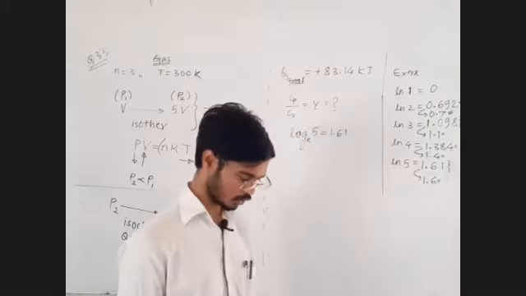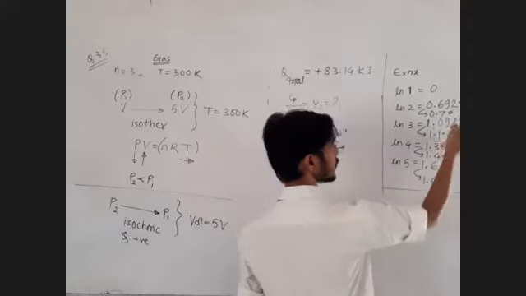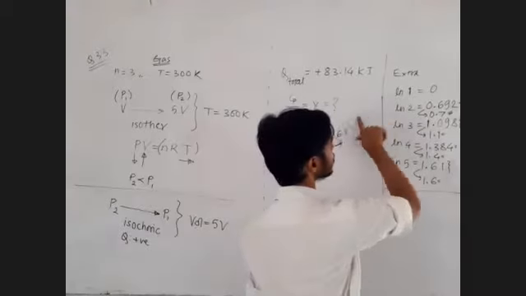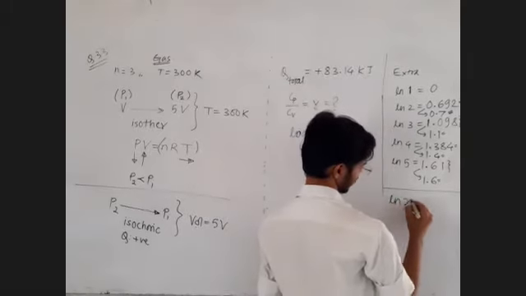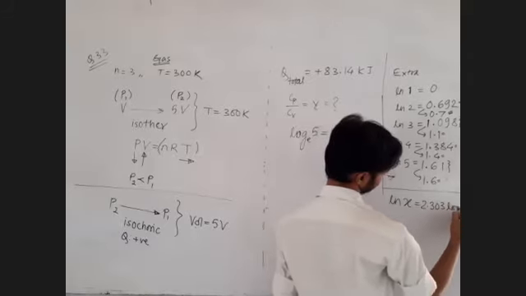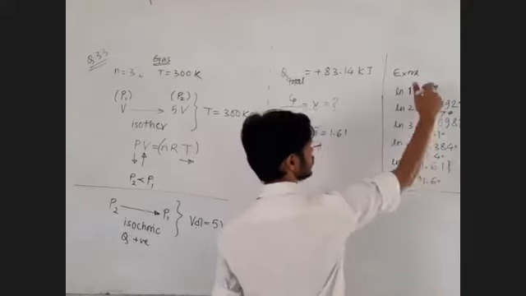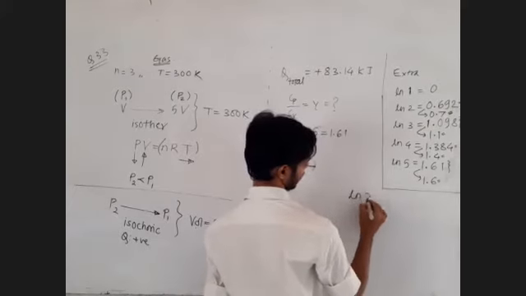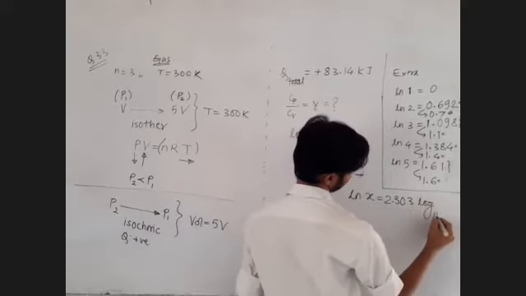Fine. Now let us move on to the next thing. And I want all of you to remember this. Okay. Multiply by 2.303 to get log to the base 10, that you can do on your own. No, you have to divide by 2.303. See, don't get confused. Ln x is equal to 2.303 log to the base 10 of x.